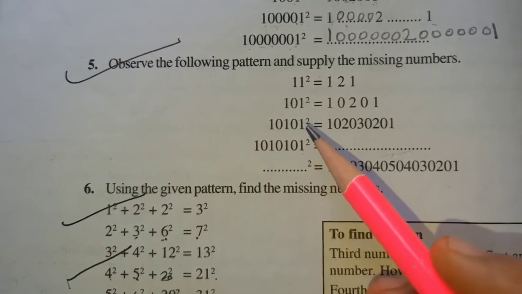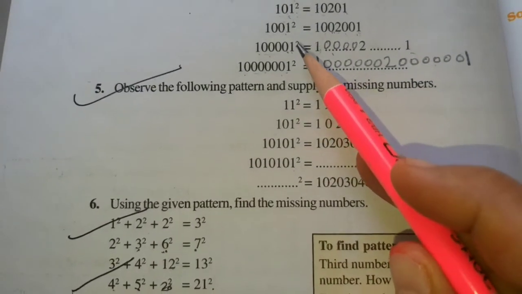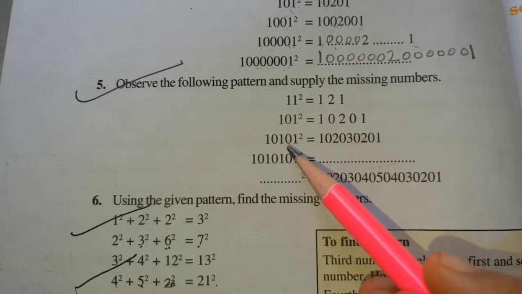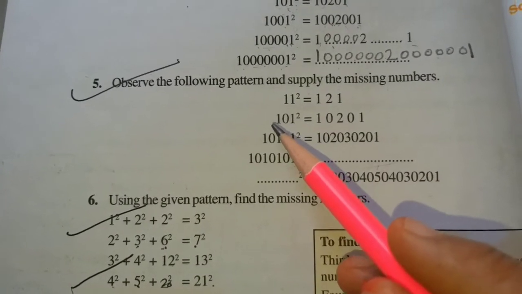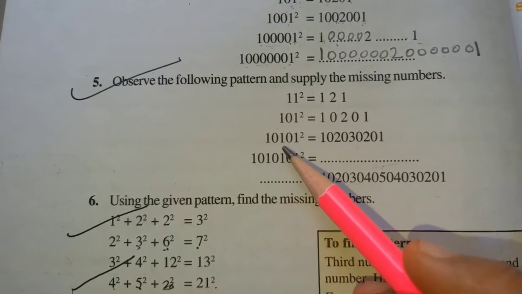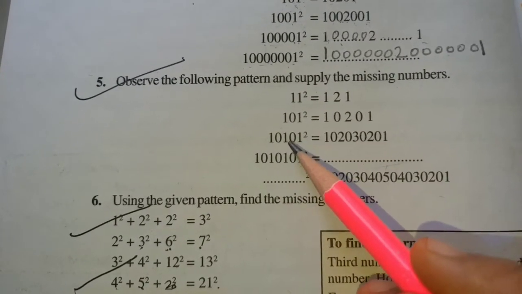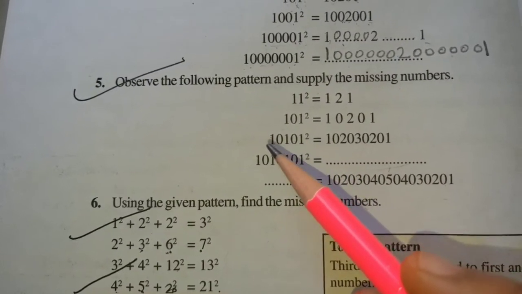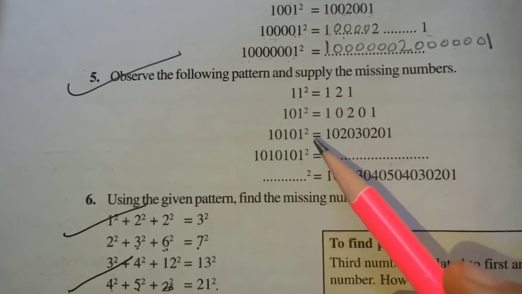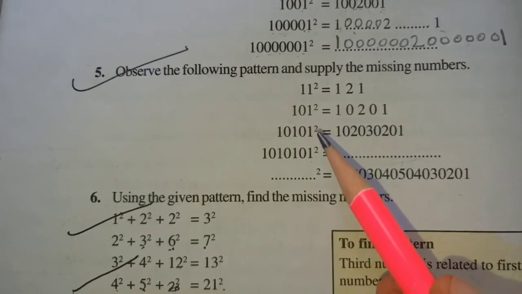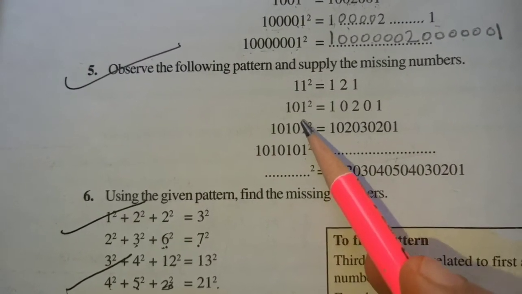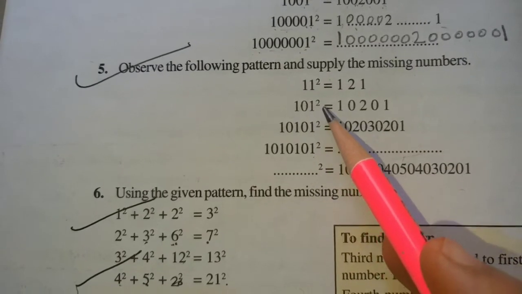Then next, see, it changes. After this, the above question was different. Here this pattern is different. What happened? After 101, what have they done? 10101 means a combination of 1 and 0. One digit is 1, next 0, next 1, next 0. It is like a binary number in the computer, you know, right? It is a combination of 1 0 1 0 1. So what is the difference here?